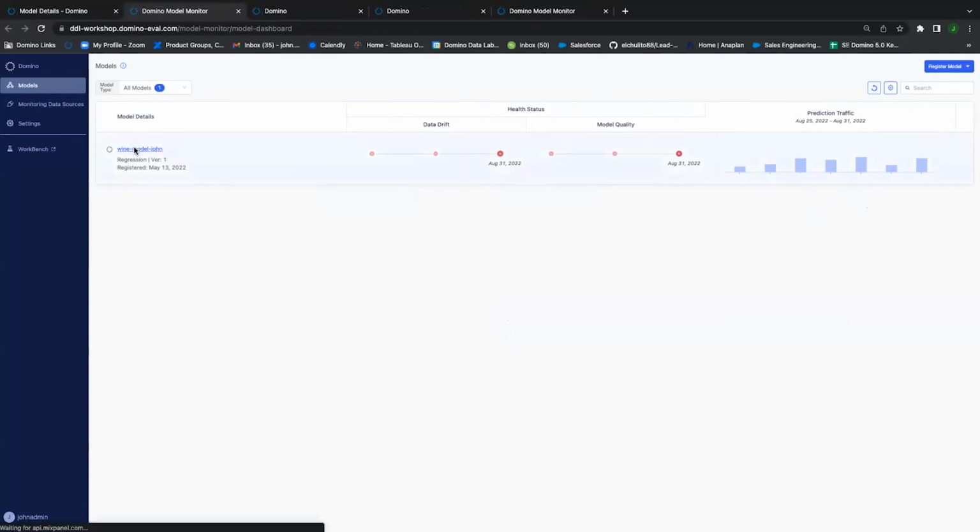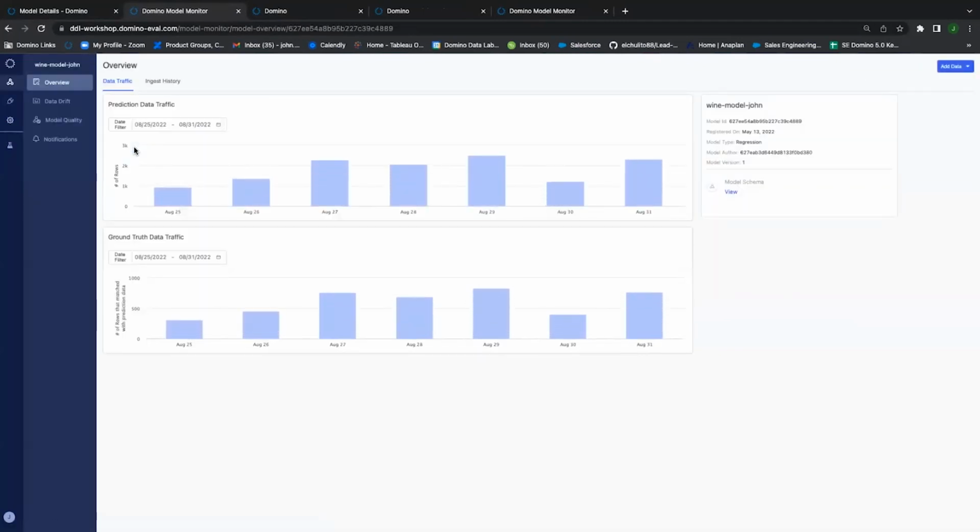But if I go into the model itself, I can actually dig in deeper and see, for example, okay, I can see prediction data and I can see ground truth data. Ground truth is that external data source I talked about before, but I can see the traffic that's incoming for the prediction data and then the traffic for the ground truth that was recorded, basically the results that are actual for the model that I'm trying to predict, specifically wine quality. And then we can see that comparison based on a certain time frame that you selected here above for each option. And you can add data, for example, as you see here with this button.